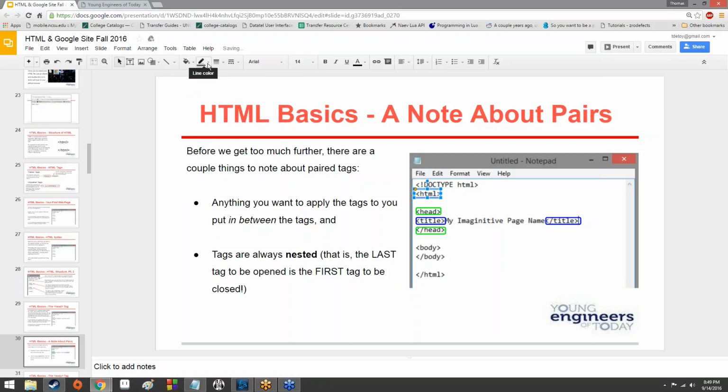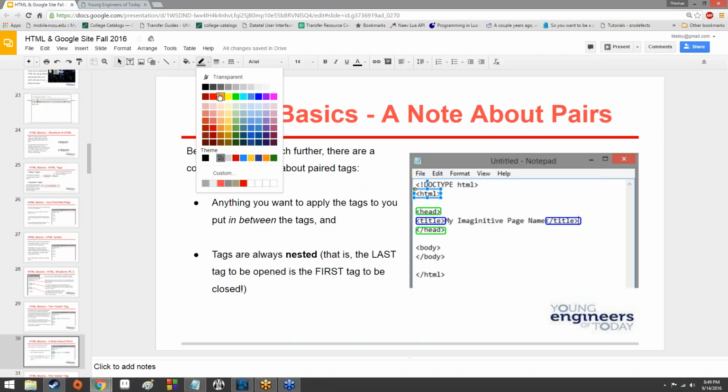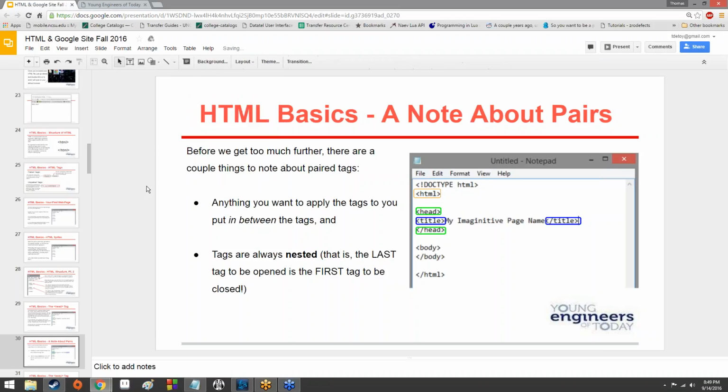We'll fill it transparent, and we'll make it orange, and we'll turn it to pixel. And we'll copy and paste it down over here. So, and the reason I did that